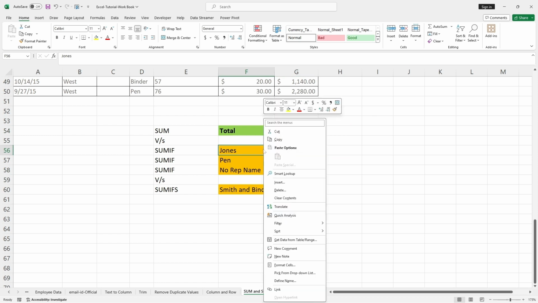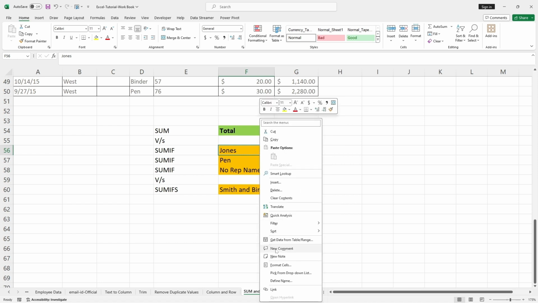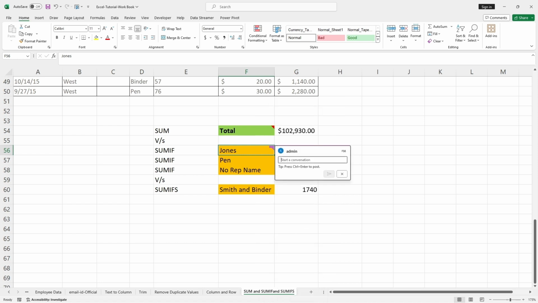A comment is simply to collaborate with another user. If I wanted to add a comment, I can right click the cell and choose New Comment. This is a criteria. I can simply add any comment based on the cell. Now it is asking me to reply. So anybody who gets this particular worksheet and doesn't understand what this criteria is all about,